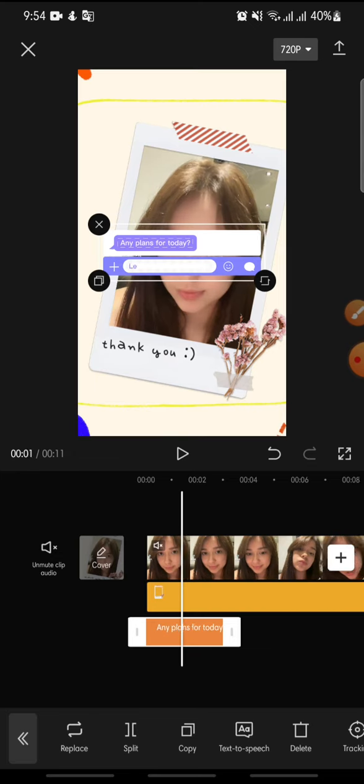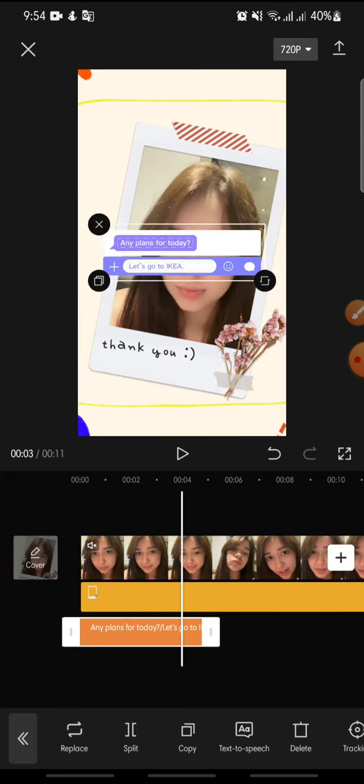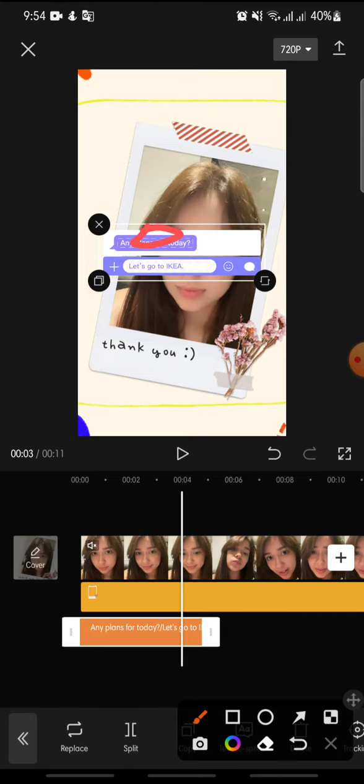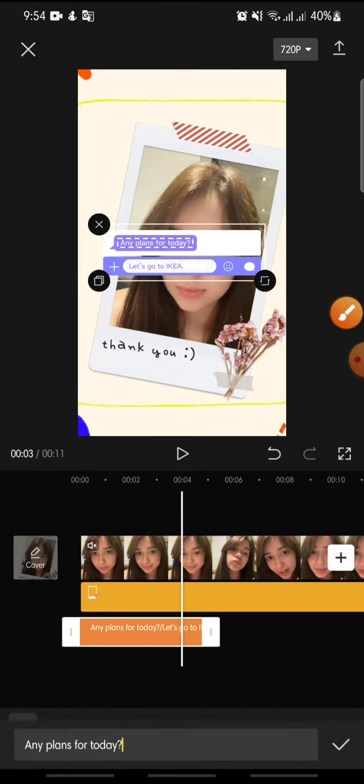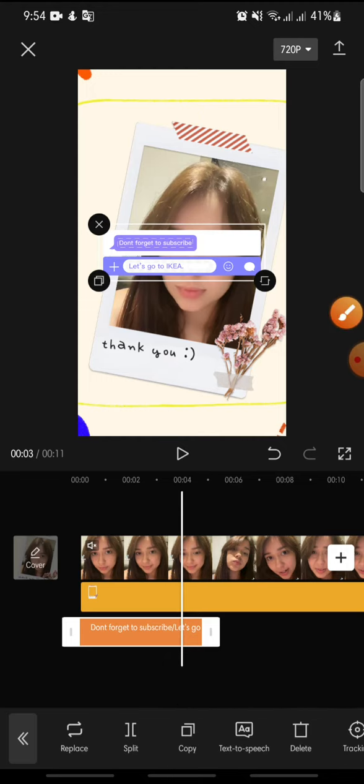Now you can adjust the text, so you just double tap at the message like this. Okay, and you can change the text, maybe don't forget to subscribe, like this. And after this, you can click on the check icon now,